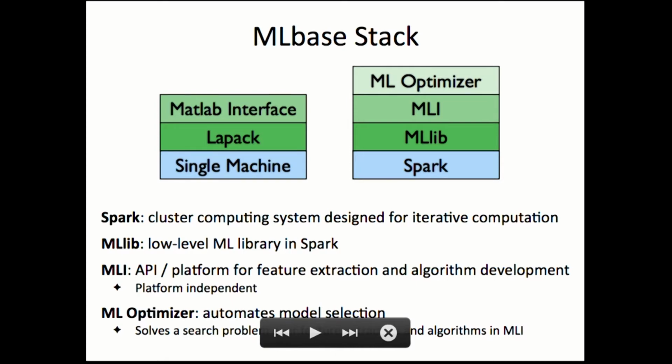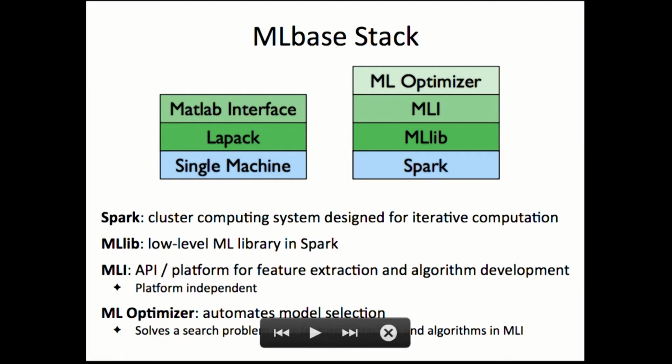It's callable from both Scala and Java, and hopefully in the future from Python as well. Above that is MLlib. MLlib is sort of analogous to LAPACK. It's low-level functionality that's highly tuned and very fast. On top of that is the MLI, and this is more similar to the MATLAB interface. It has higher-level functionality, a wider range of functionality, and allows in particular for feature extraction, algorithm development, as well